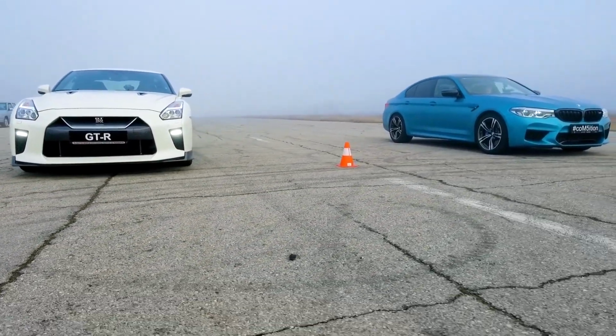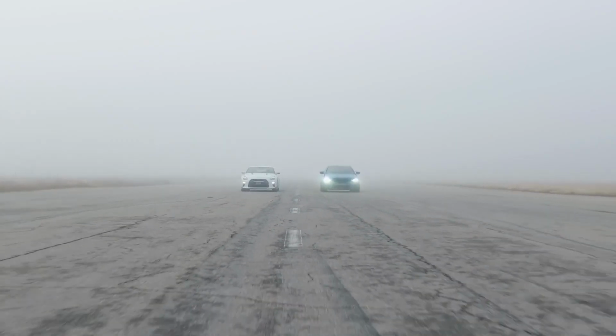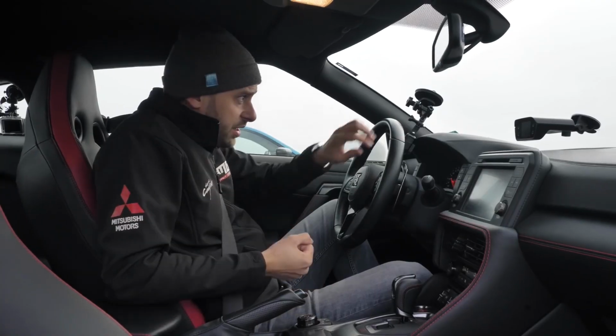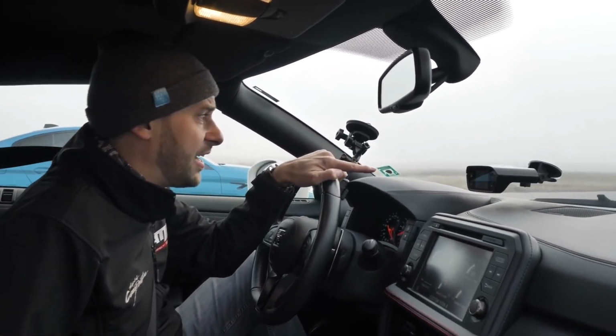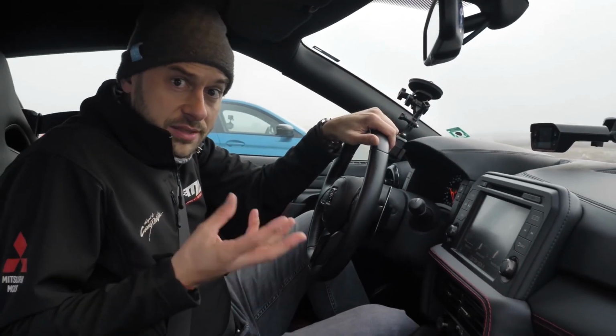The two cars driving side by side. Rolling start, т.е. автомобилите ще са в движение в една линия, тогава ще настъпим. We will check what they can do with this magic box called Racebox. It's a Bulgarian device for race lovers. In this case, we will check how fast they can accelerate from 0 to 100 km per hour,